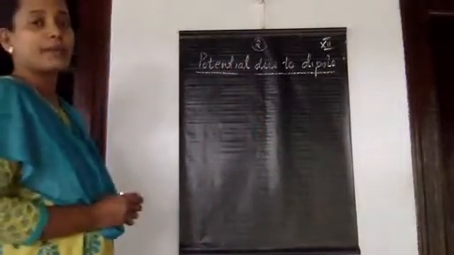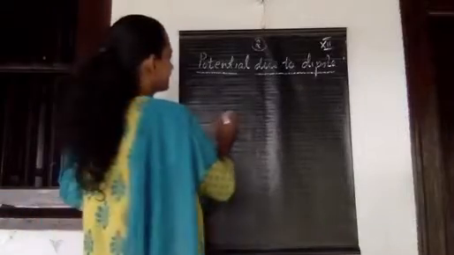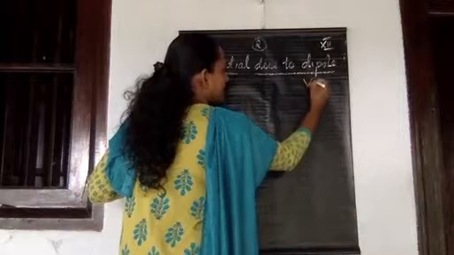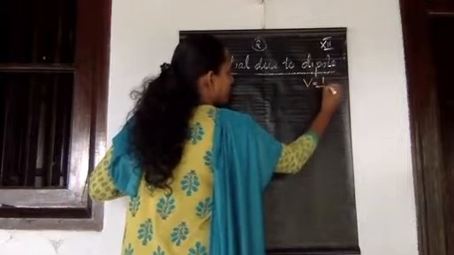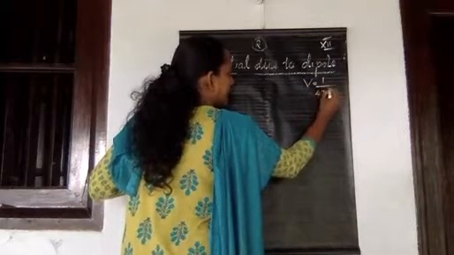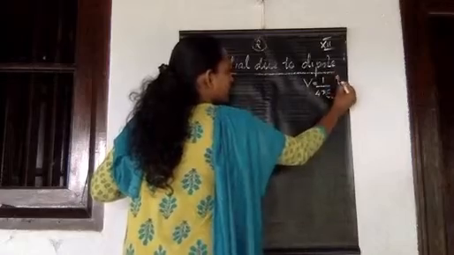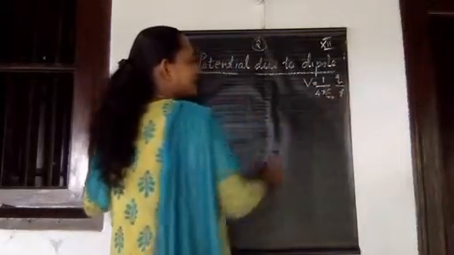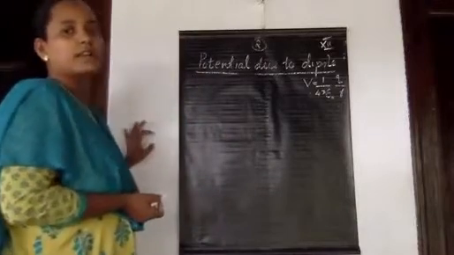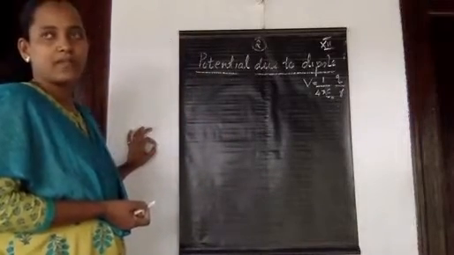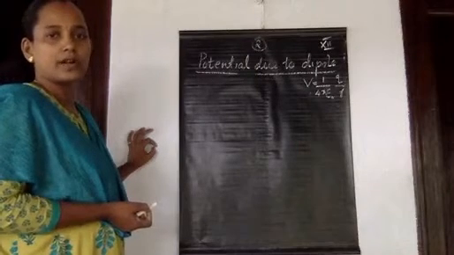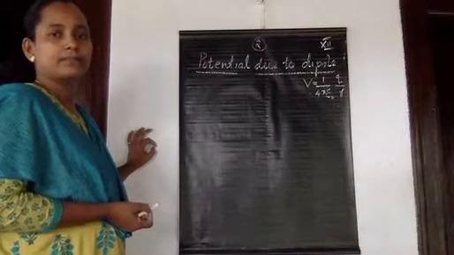What was the expression for potential due to a point charge? In the last class, we derived that V is equal to 1 by 4 pi epsilon 0 Q by R, where Q is the charge and R is the distance of that point from the source charge itself. And we studied that potential is a scalar quantity, not a vector.